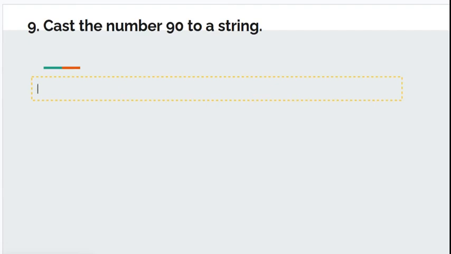Number 9. Cast the number 90 to a string. Again, there are a couple ways to do this. The completely proper way and the less proper ways. Actually, there's 3 different ways to do it. We'll go ahead and kick all 3 and see what we can get in this. The first way I can do this is with a string method. So string, not sting, string word